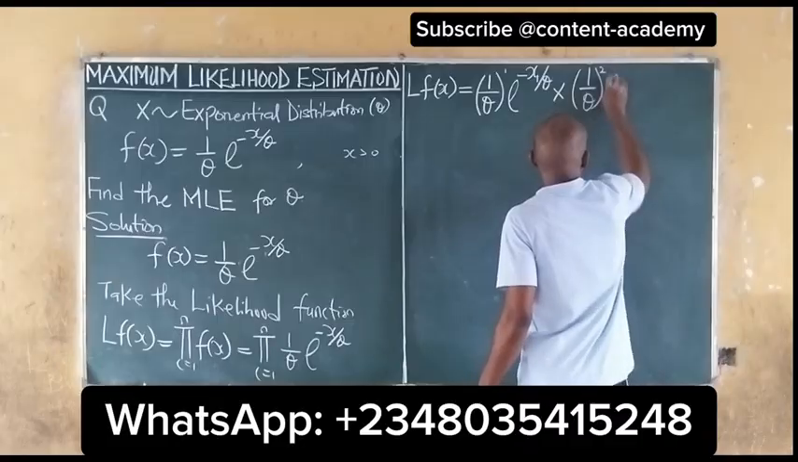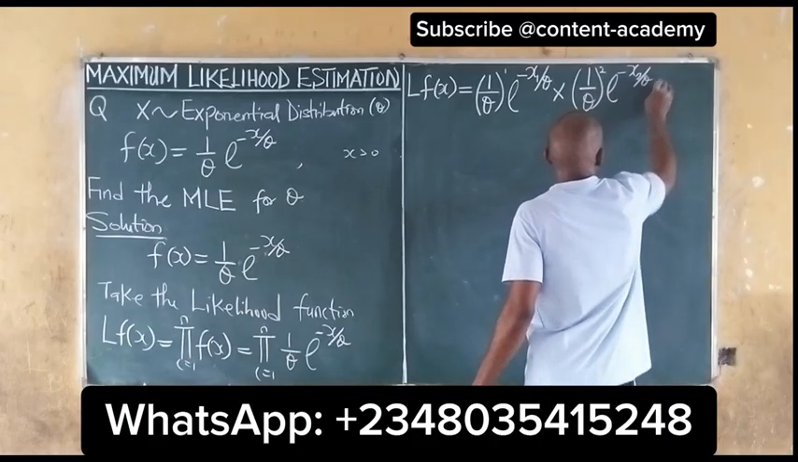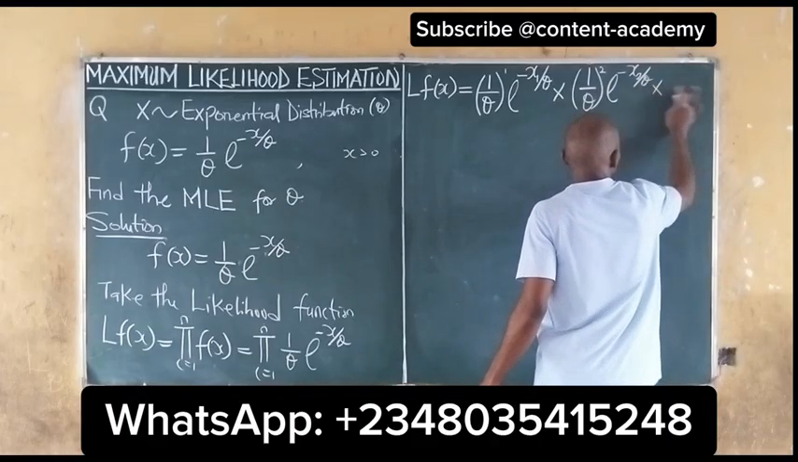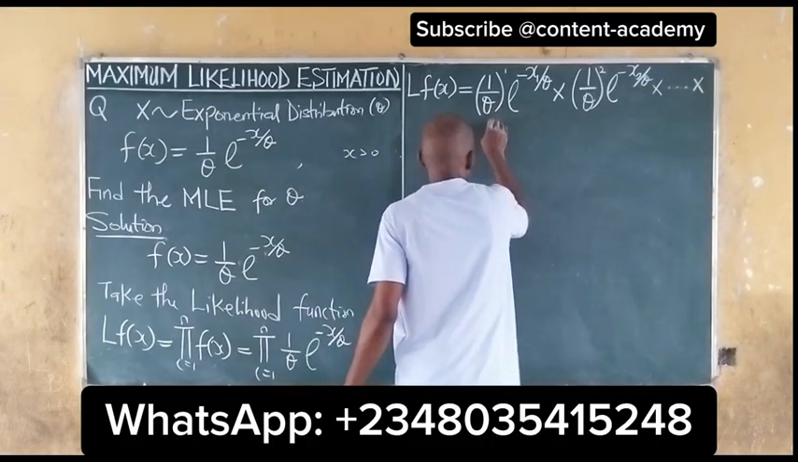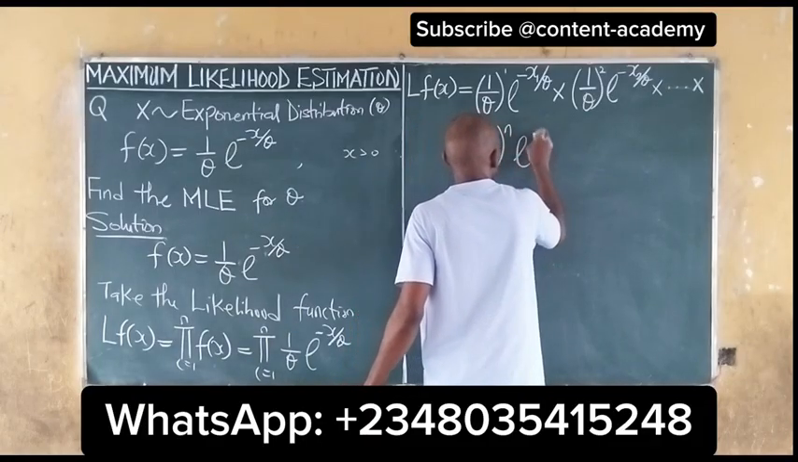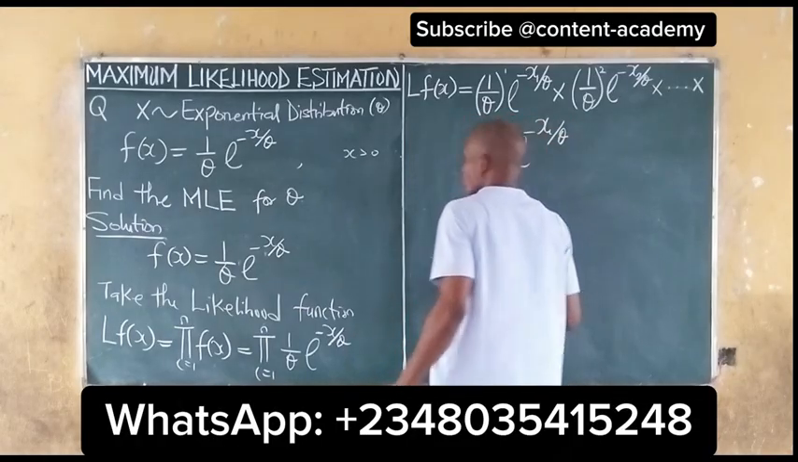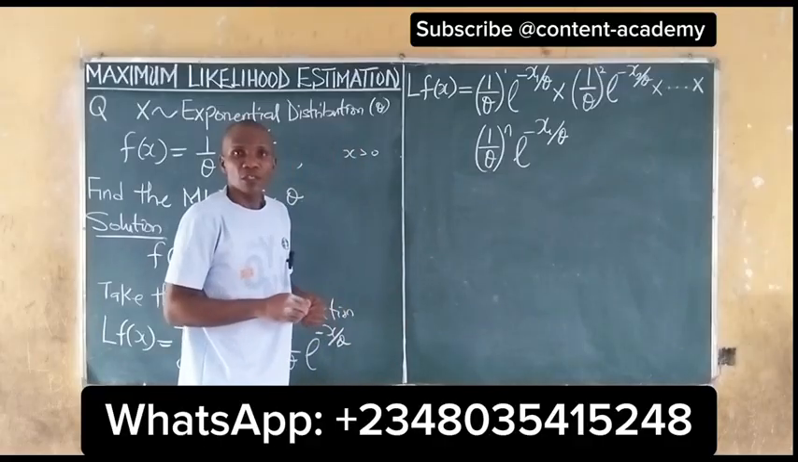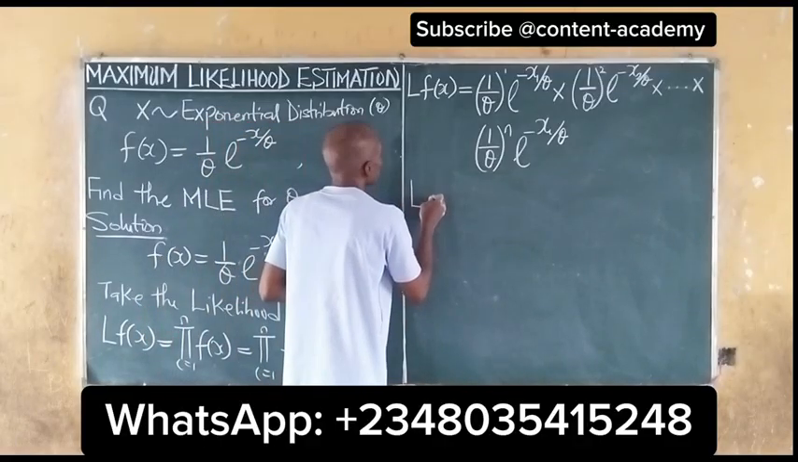The second one, exponential of negative x2 all over theta, multiplied by, it continues like that, multiplied by 1 all over theta and exponential of negative xi all over theta. So this is what we get. So we can write our likelihood function